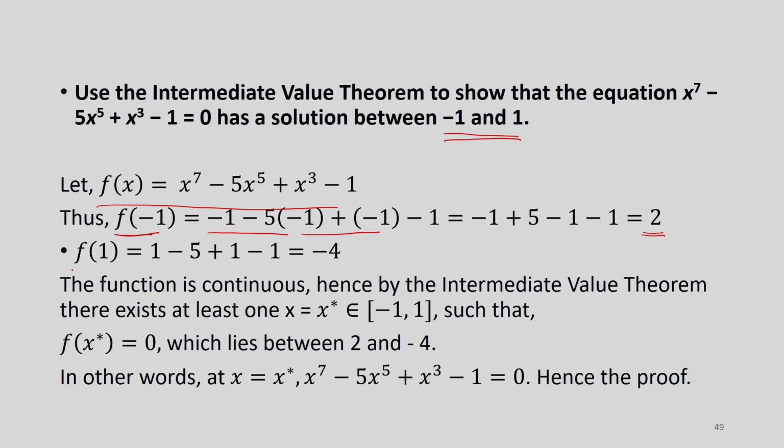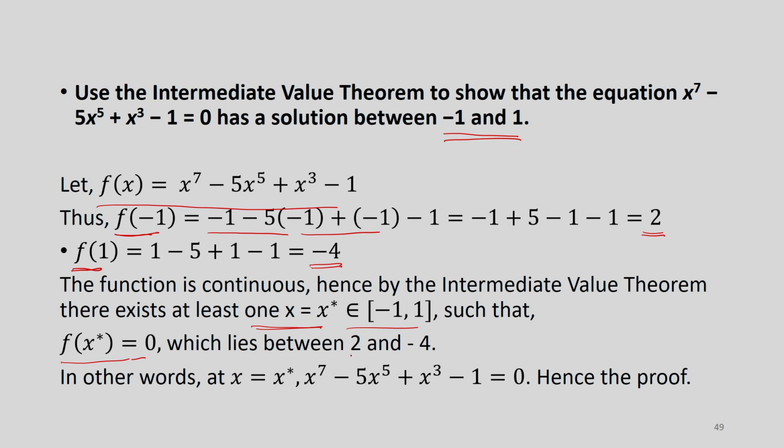And similarly, at the other endpoint, that is x is equal to 1, the value of the function turns out to be -4. So, here comes the role of the intermediate value theorem. The function is a continuous function, hence by the intermediate value theorem there exists at least one x, let us call that x star, which lies in this interval -1 to +1 such that f(x star) is equal to 0,